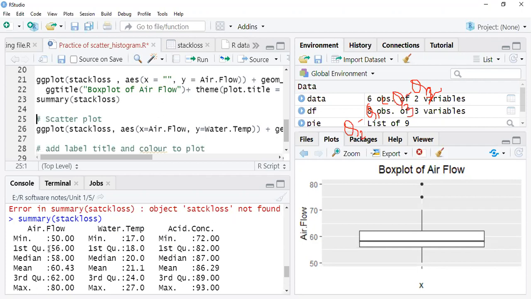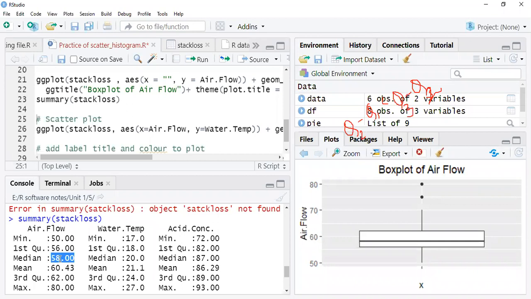This is your Q2. Where is Q2? Q2 is your median. So 58 minus 56, which is 2. And 62 minus this, what is that? 62 minus 58, which is 4.